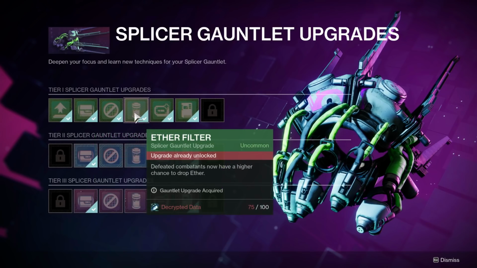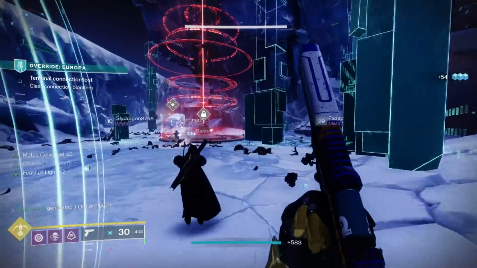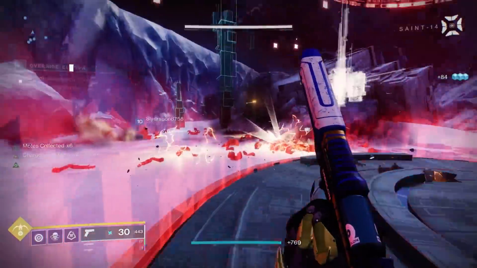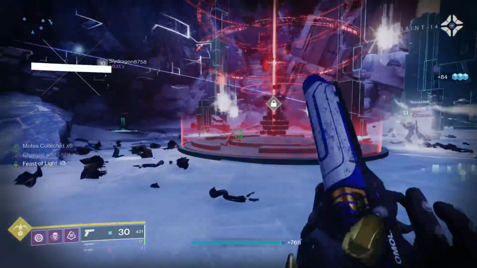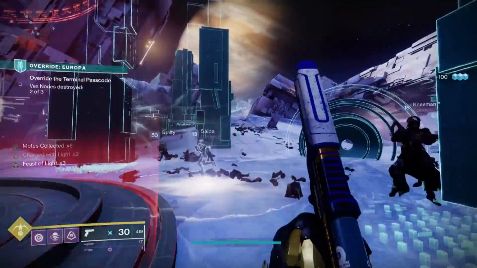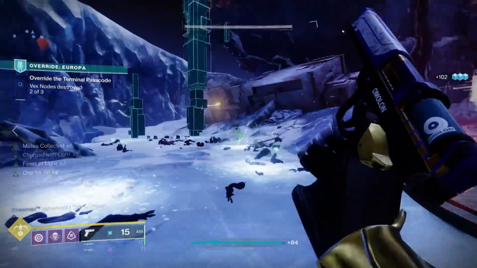So what I would do is get memory expansion 1, then the override efficiency 1, and then lastly, get ether filter 1, and this is going to make defeated combatants have a higher chance to drop ether. Now here's the thing, I've found you really only need ether filter 1 because I'll do a strike and get 100 ether. That's enough for 2 keys. Like, that is a lot. So I've really not found myself running out of ether at any point,